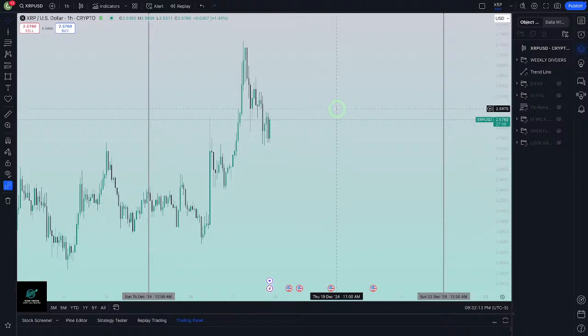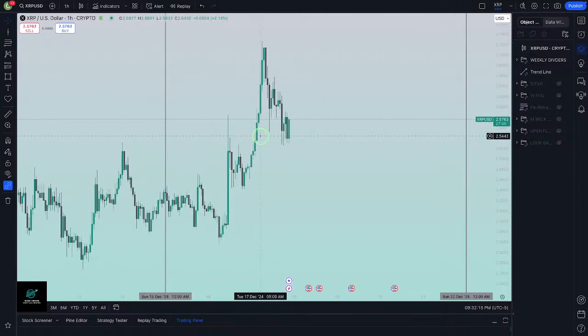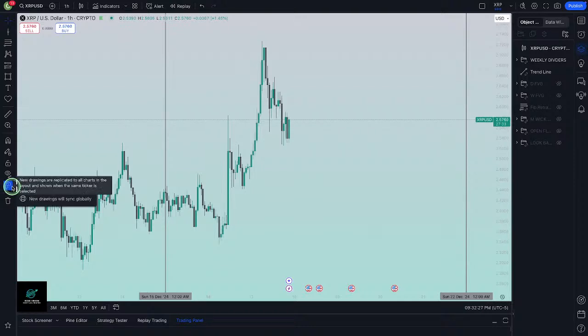Okay, also, I forgot to tell y'all this. If you're using TradingView, look all the way over here to the left of my screen. Right above the trash can, you want to click this, you want to highlight this indicator right here. If you don't do this, it's not going to work. But if you click this right here, it's going to sync all your drawings